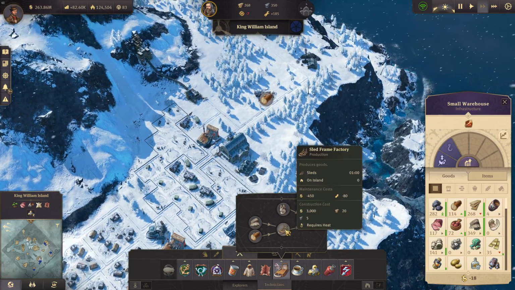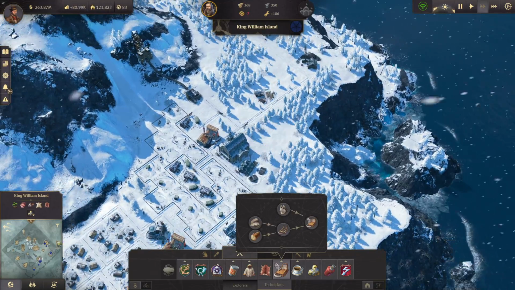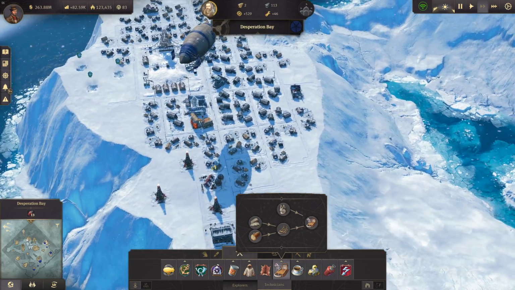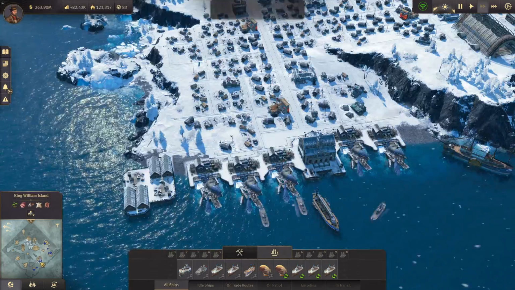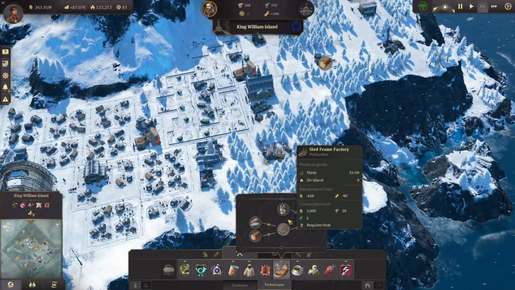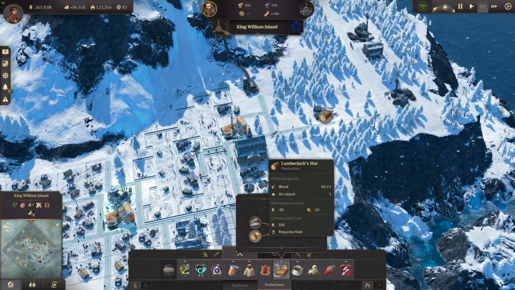Oh yeah, the sled frame factory actually needs already some technicians. So I will probably need to build that somewhere else. And Desperation Bay comes to mind because we have quite some space here. Or we just settle on a new island entirely for those Husky Sleds. I will be producing the frames though. So 1 minute and